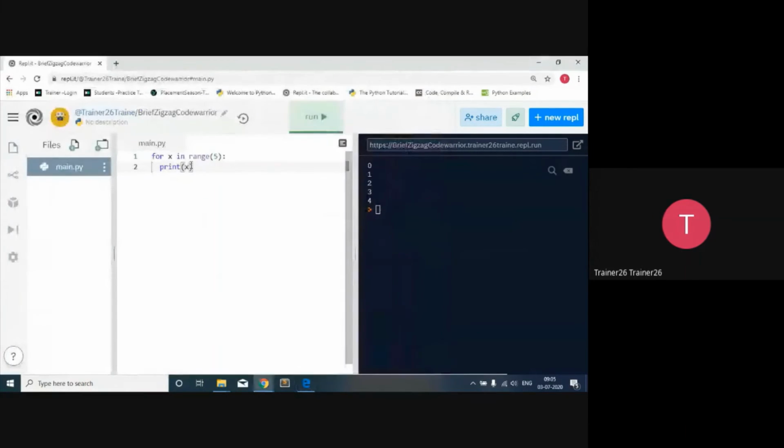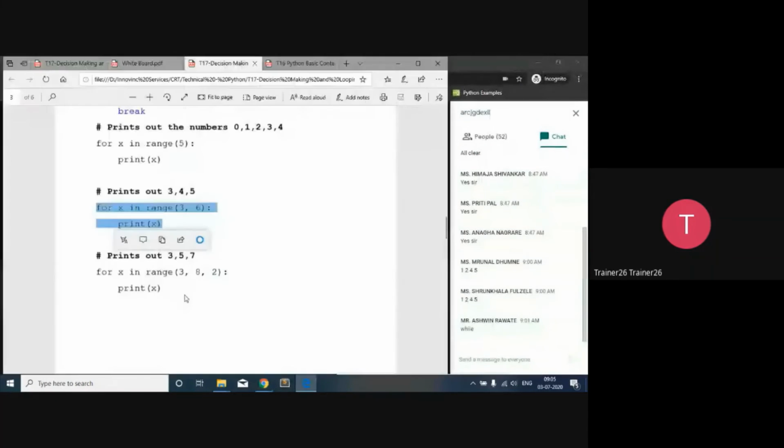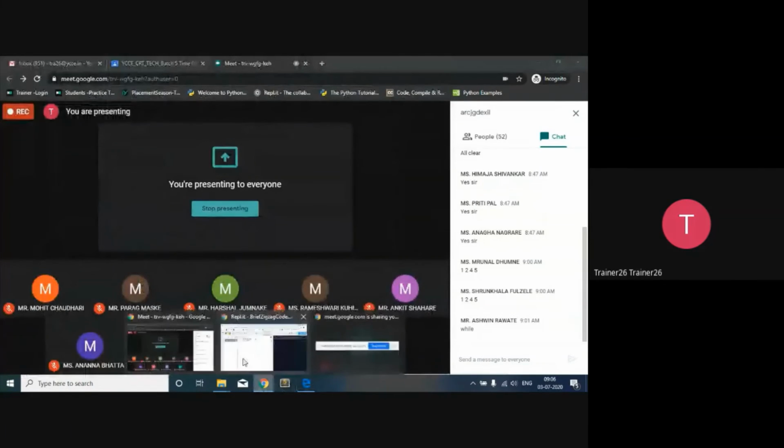From here it will start with 3 and it will go up to 5, less than 1 value it will go over here. And if you want to skip, if you want to jump the values by 2, by 3 or by something, that also you can perform over here with the in range. So here it will execute this code.